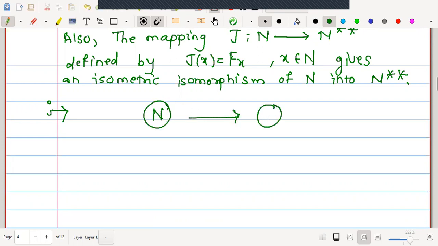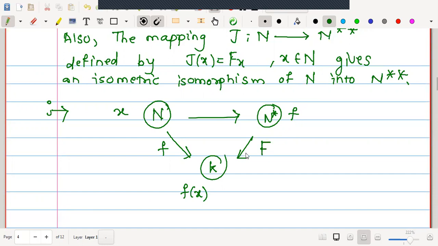Actually, we will just recall the triangular sketch we have drawn in the last lecture. Just a few seconds it will take to recall. This is the structure. For every x in N, a functional f is defined from N to K. Therefore, the corresponding element is f of x. Now, as f is a functional from N to K, this belongs to N star. Therefore, here I will write the nature of element in N star is f. Now, if we define another functional from N star to K, let it be capital F.